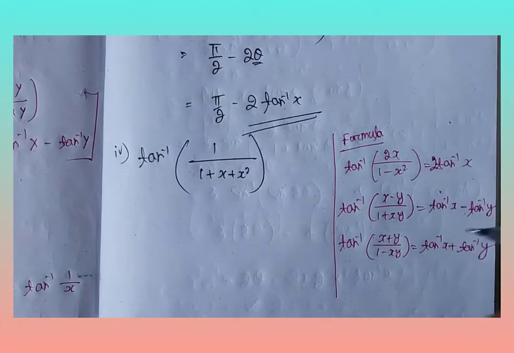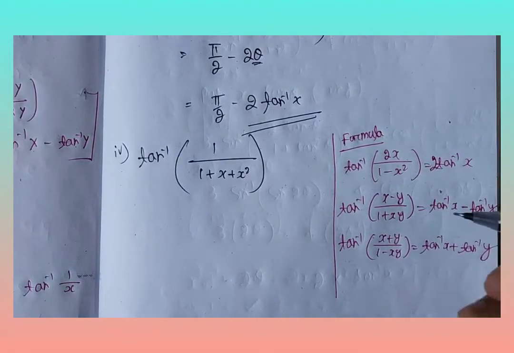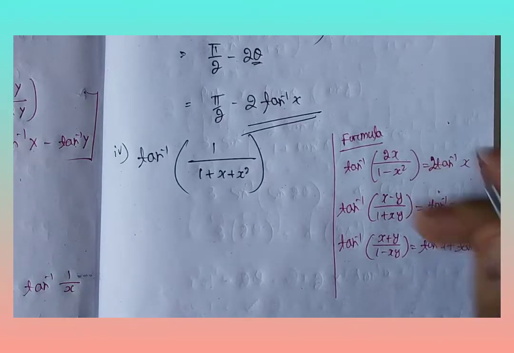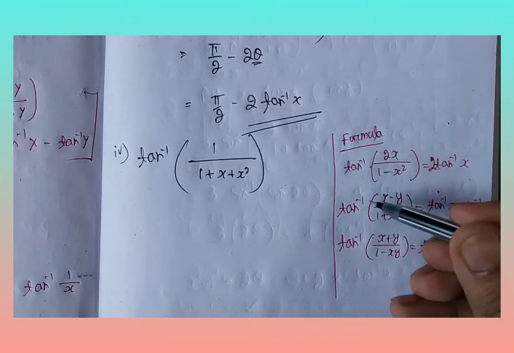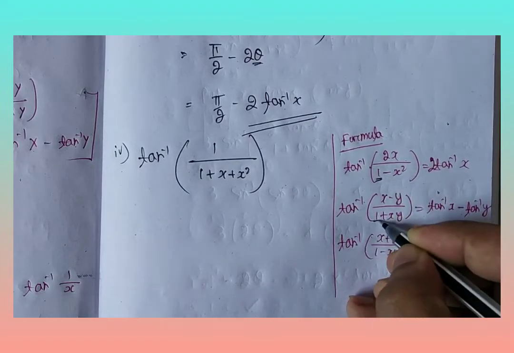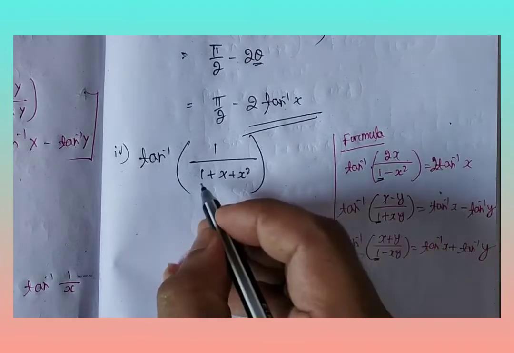These are the formulas of the inverse trigonometric function chapter. These two are type 6, this is type 7. This is all the left hand side, this is the right hand side. If you compare these three terms, every term contains a 1 in the denominator part. Here also 1.